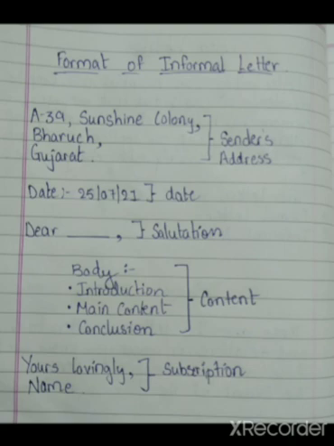And after that, again you have to leave one line, and then you have to write the salutation. Salutation, we call it greetings. Greeting means, for example, if you're writing to the principal, how do you write? Respected principal, right? Respected teacher, respected trustee, respected whatever. But for informal letters, you're going to write dear. Okay, dear. See, I have written a dash. Dash means it can be a friend, a mother, a father. You can say dear ma, dear mom, dear dad, dear papa. You can use your wish.